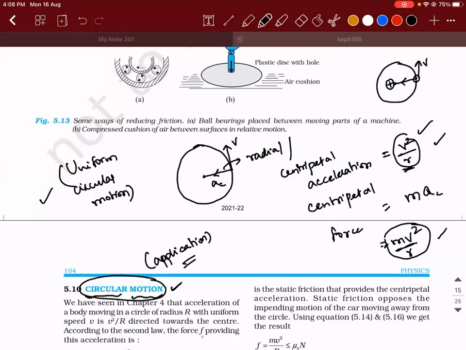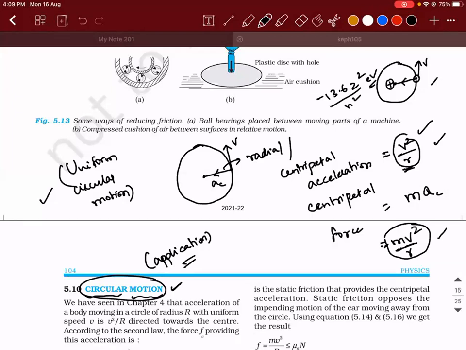Did you learn the formula for radius of a circular orbit according to Bohr's theory? Energy of an electron in nth orbit is minus 13.6 into z square divided by n square electron volt, something like this. Yes or no? Yes, sir. You would not have known the reason behind it, but R is equal to 0.53 into n square by z, something like that. All those things actually have a physics formula behind them. You can derive the formula for radius only by applying the formula for electrostatic force and mv square by r. Anyway, I'm not going to get into the detail.